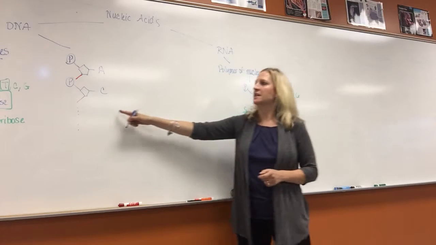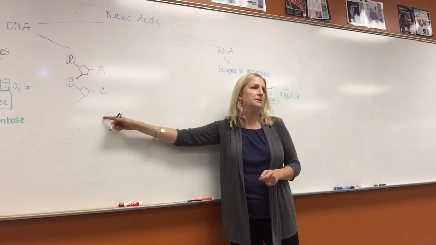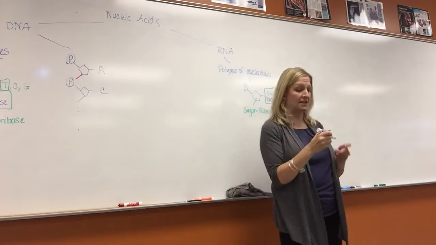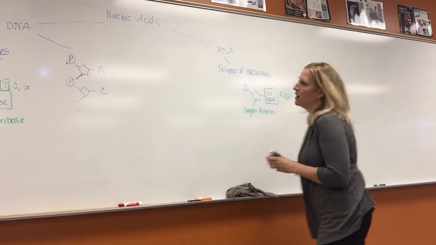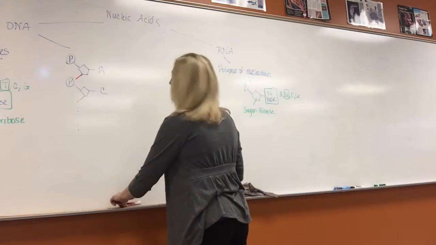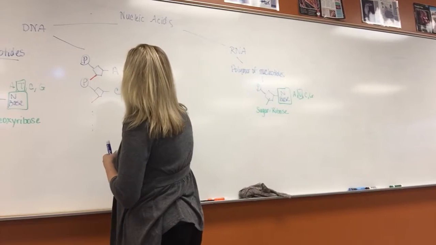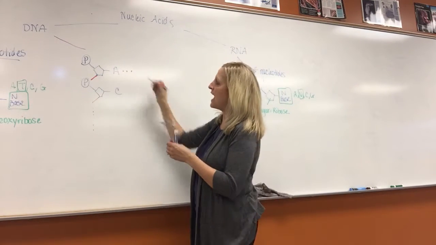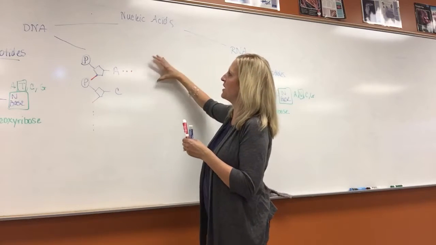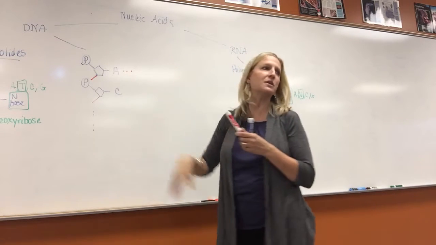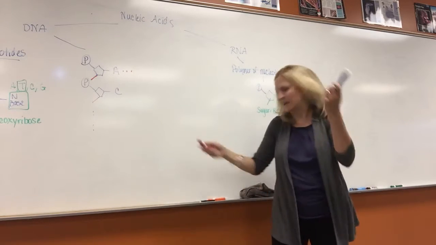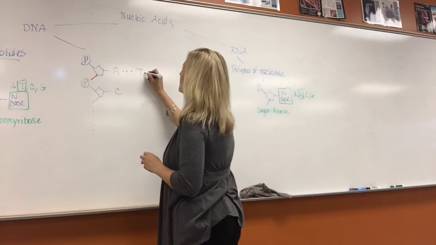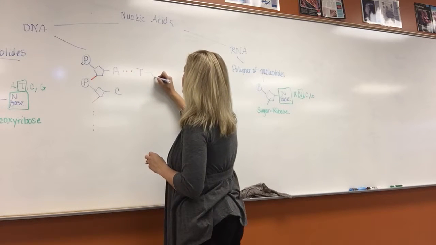I'm not done drawing DNA, because what's true about DNA? There are 2 strands, it's double stranded. That's why they call it a double helix. And so on the other side, matching up with the A, I'm going to put dot, dot, dot here. That represents what? A hydrogen bond. This A is going to match up with a base of a nucleotide on this side here. What goes with A? What bonds with A? Just T. So the T here is bonded here, and this T is going to be hooked to a pentose